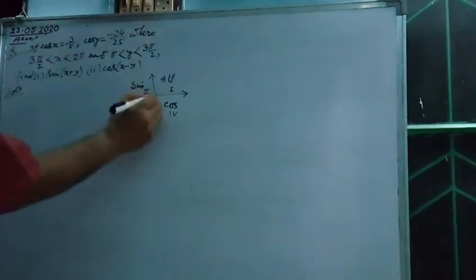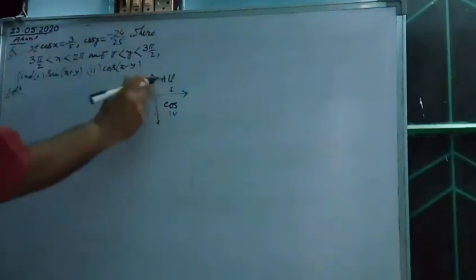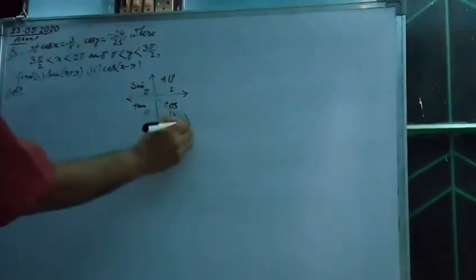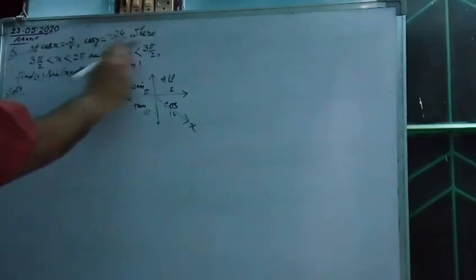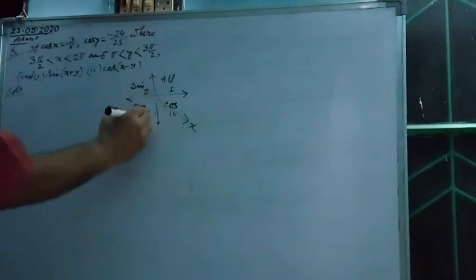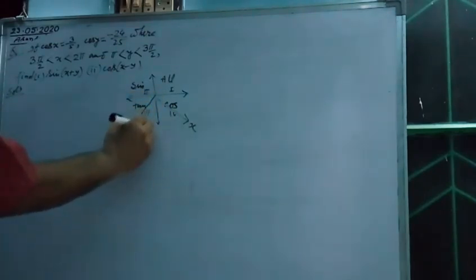So when, see here 3π/2 less than x less than 2π, so x lies in which quadrant? x यहाँ पे होगा, 3π/2, π/2, 2π/2, 3π/2 and 2π। तो x यहाँ पे कहीं लाई करेगा, और y कहाँ पे लाई करेगा? पाई और 3π/2 का बीच में, मतलब यहाँ पे थर्ड क्वाड्रेंट में y लाई करेगा।